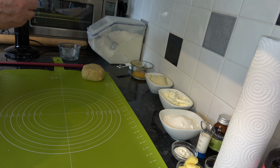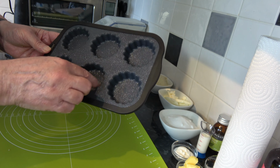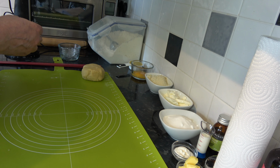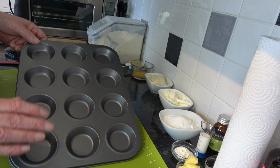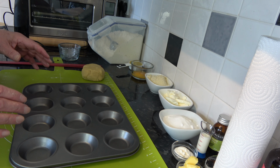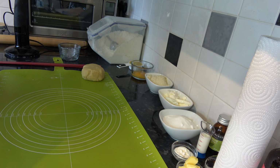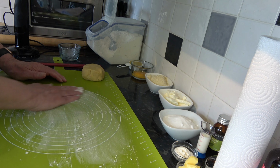And before I roll it out, I'll just mention that I'm going to use these little tart cases here, and that will work well. They're silicone, and the pastry will come out quite easily. But you could use a little bun tin or tart tin like that if you have one. If you don't have something like that, you could use a muffin tin. But when you roll the pastry out, you don't want to roll it out to completely fill the muffin tin. The pastry just needs to come halfway up the sides of the muffin tin, and that would be good to make these tarts. So we'll flour the surface and roll out the pastry